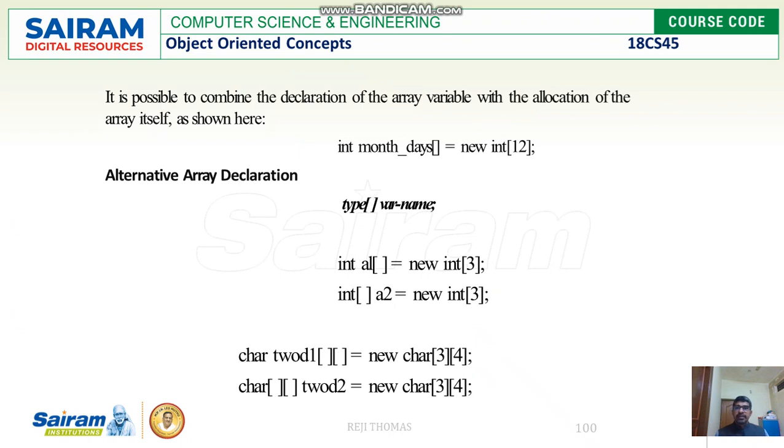So let us see how we can combine both the statements. This is another way of doing it. You can write the type, then you can give the array name, then you have to put the square bracket, then you have to give the operator called new, then again you have to give the type and the size. So this is the same as the previous two statements, where here we have combined the declaration of the variable with allocation of the array. I told you this is not like the previous C or C++, where allocation and declaration have to be done separately. If you are not happy with this, you can combine both the statements and put it like this.